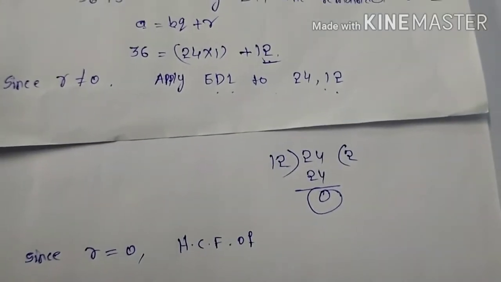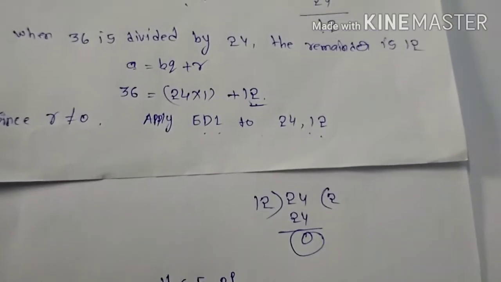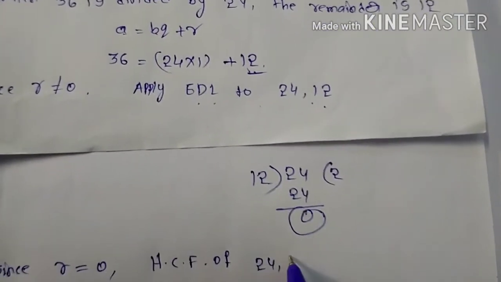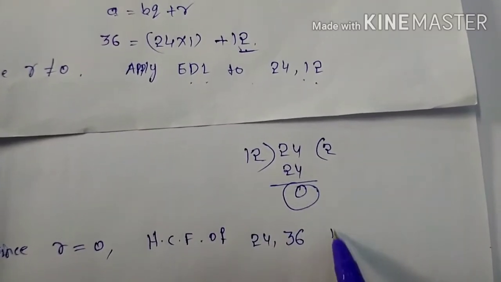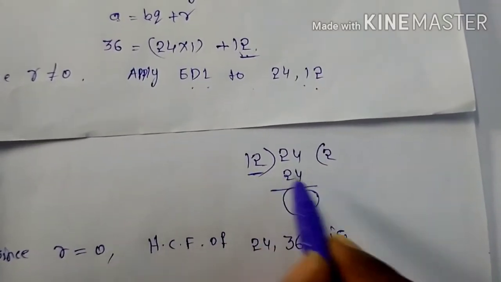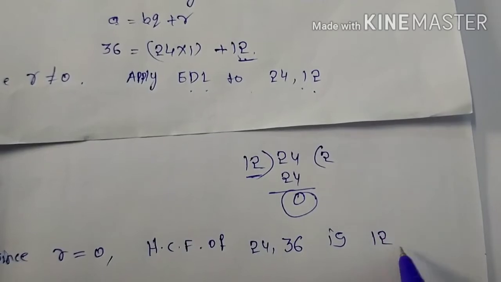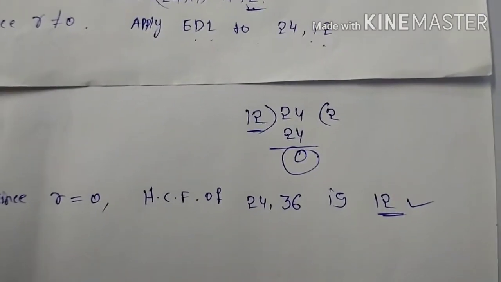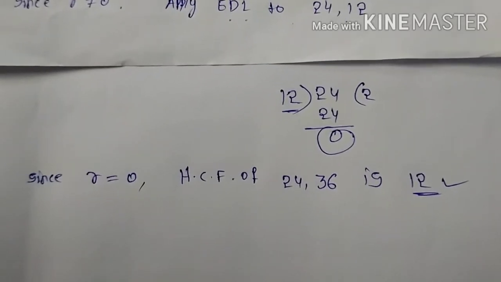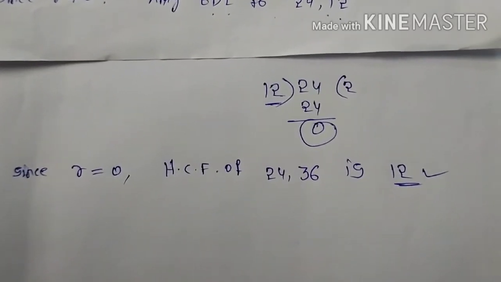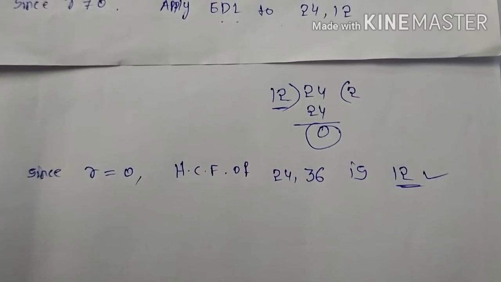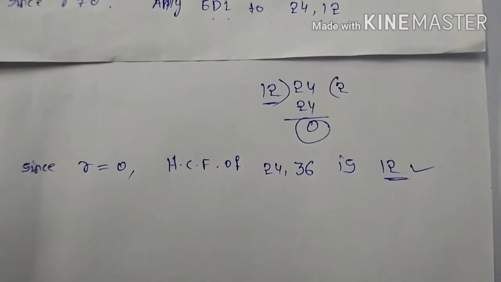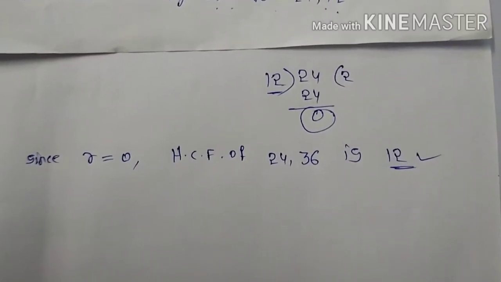What is the HCF of? You can take here, what are the first two numbers? Here 24 comma 36. 24 comma 36 is how much? How much you got here? 12. See, very easy. HCF of 24 and 36 is 12. Using this method, we can find HCF of any two numbers. I will show in detail in exercise problems.